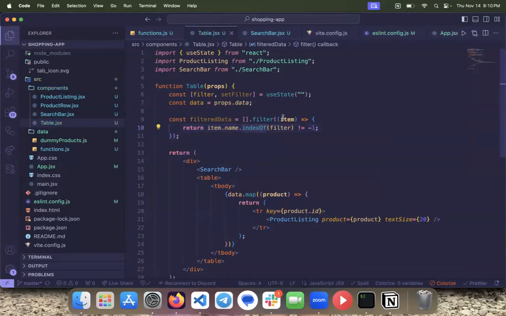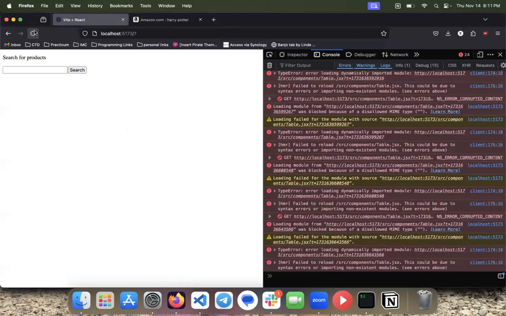So indexOf is a function that looks for something in a string and returns the index where that occurrence happens. So if our index is somewhere greater than 0, then we know it is in the string. And if it's -1, that's what's returned if there is no occurrence. So we're going to filter out anything that does not agree with our filter up here. And then we're only going to map those products instead, which is nothing because